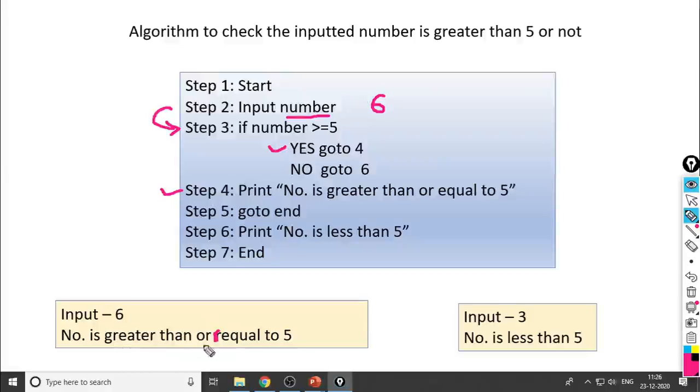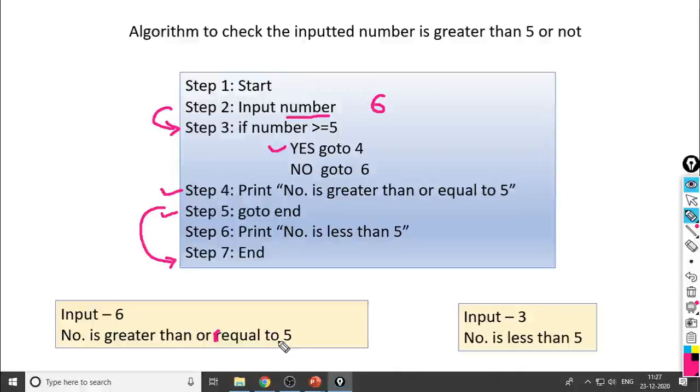Each and every step in the algorithm executes in sequential, consecutive manner, so after step 4, it will execute step number 5. What is step number 5? Go to end. It will take the control to the end. So it will skip number is less than 5 and you will get only the output number is greater than or equal to 5.